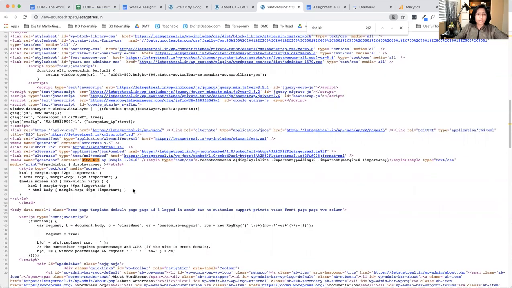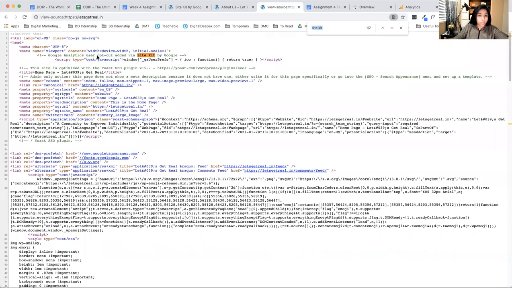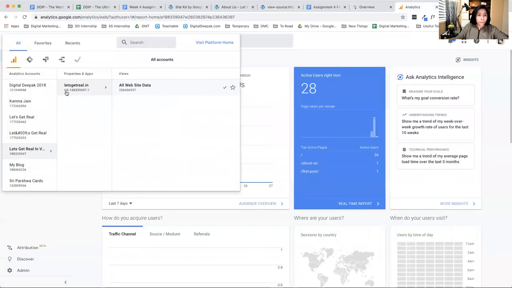Yeah. So we just refreshed the page and you can see that SiteKit by Google, right? And it again shows here that Google Analytics opt-out added via SiteKit by Google. So this tells you that okay, some data has been added. And if you use the first method wherein we add the code manually, you'll be able to find your Google Analytics ID, which is this